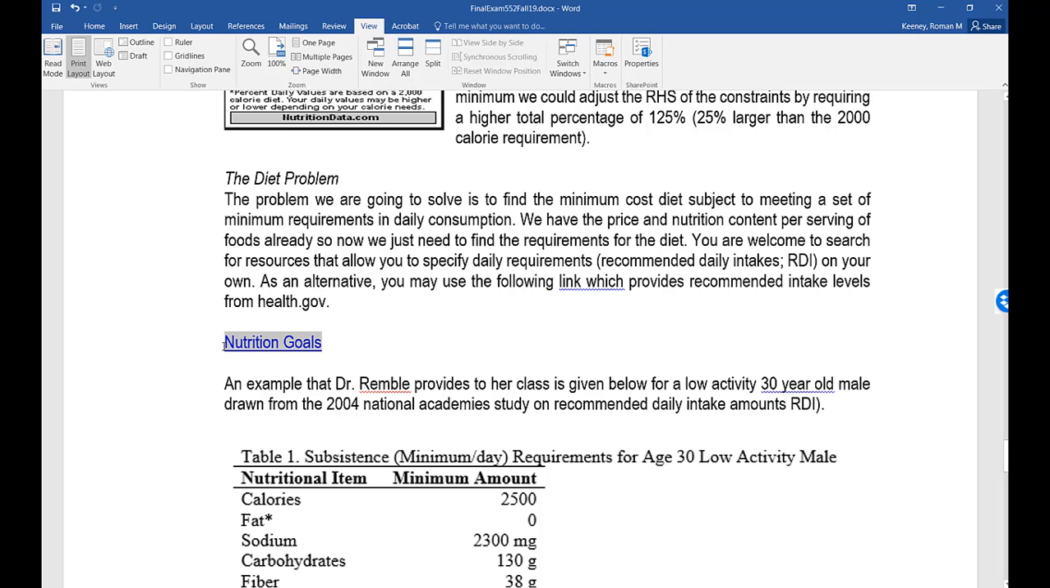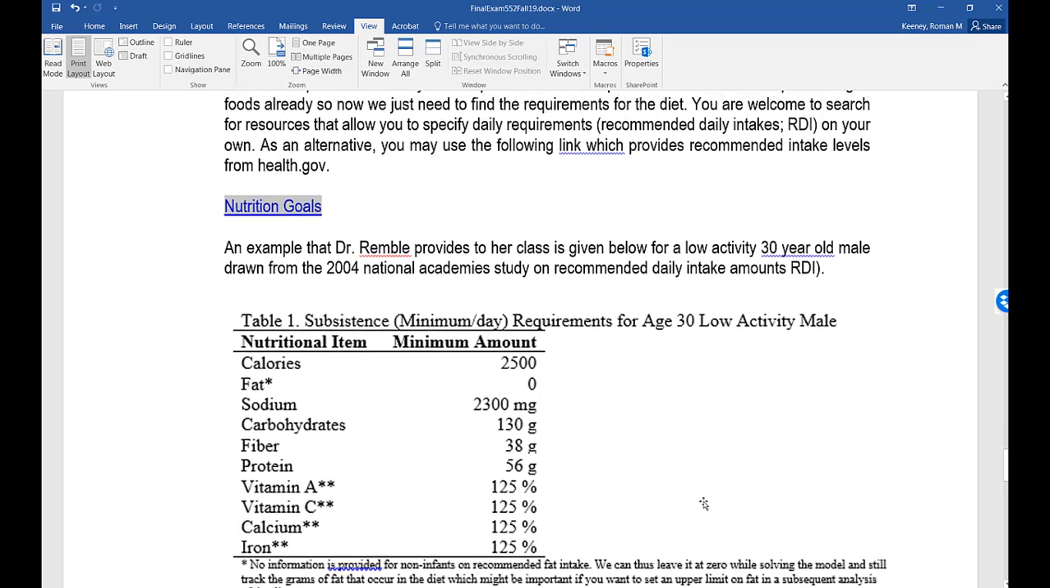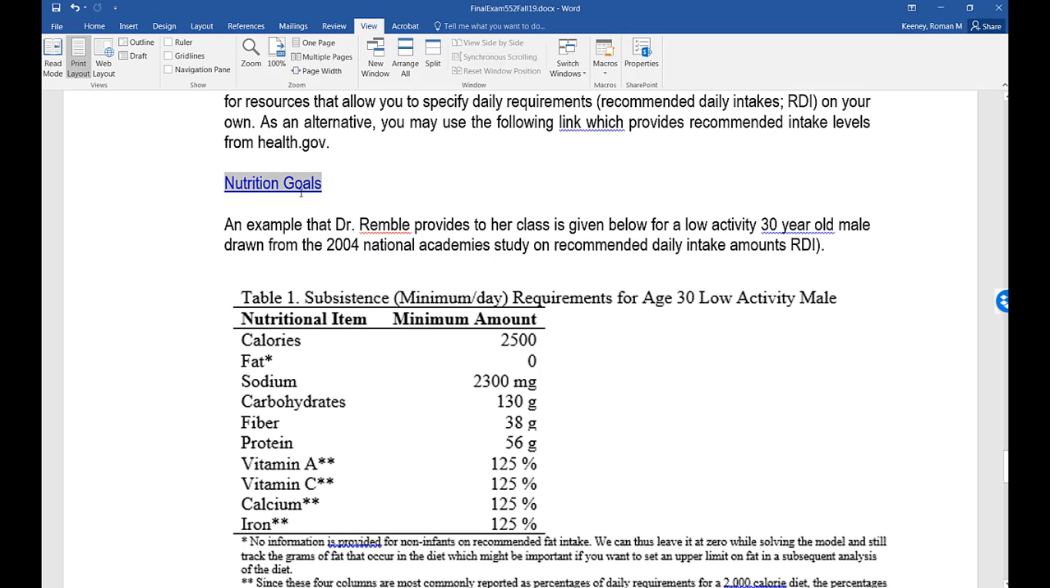So this would be the government recommendations that get published every so often. I think those are for 2016 to 2020, right? So they update those every so often. Dr. Rimble provides an example for a class looking at a 30-year-old male, basically drawn from a 2004 National Academy study, where she puts in the minimum requirement for this low exercise male, 2,500 calories, 2,300 milligrams, and on and on. So these are the minimum thresholds they should be meeting